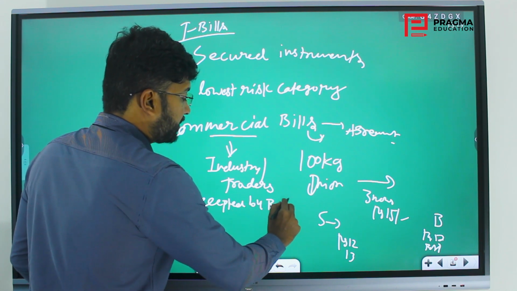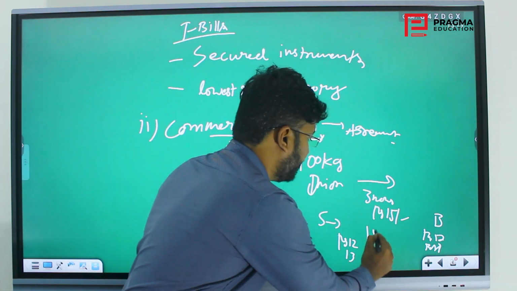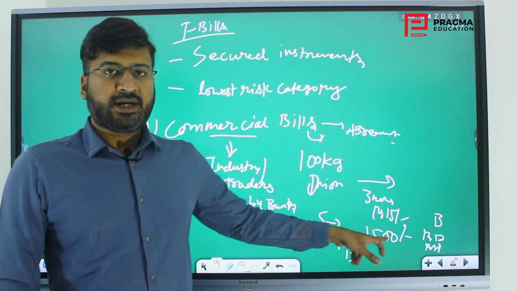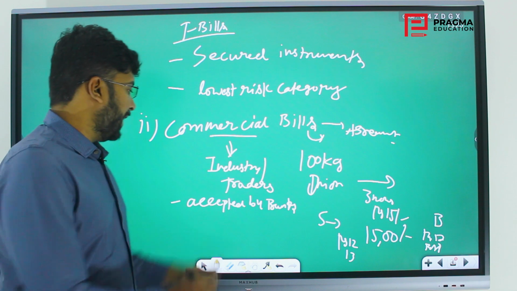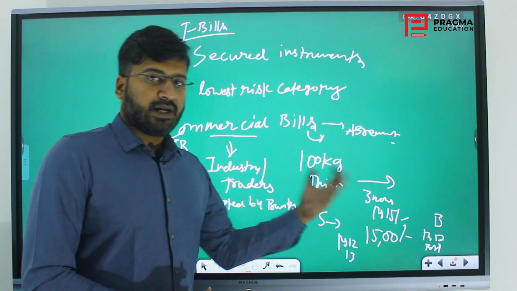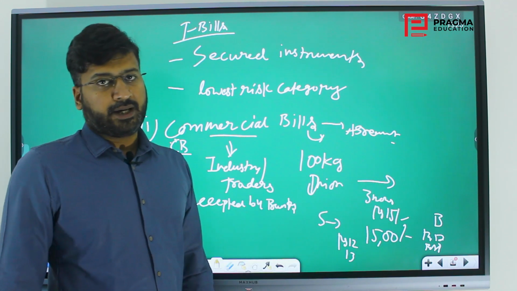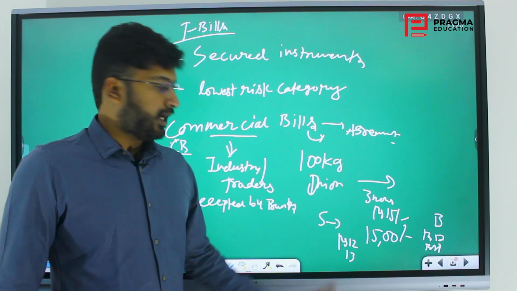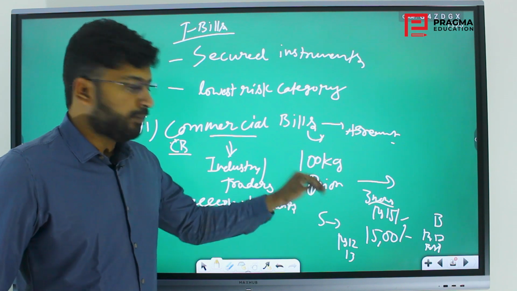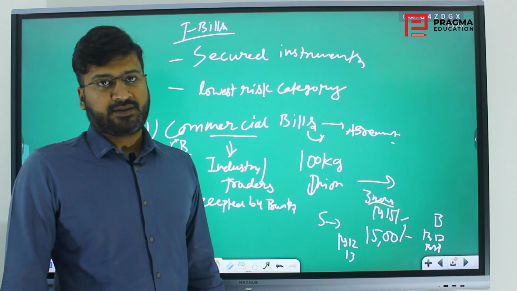Same like T-bills, when you need liquidity. Say suppose 3 months. The underlying value is how much? It is 1500. Say suppose within 3 months I needed this liquidity. So I will go to the bank, I will put this commercial bill as a collateral or something, and I will take money from the bank, and ultimately this money will be paid to him by the bank. This will be delivered by him at the end of this stipulated date. When he gives this agreement to the bank, it means that he is ready to give that 100 kg of onion to the bank. That is the matter.